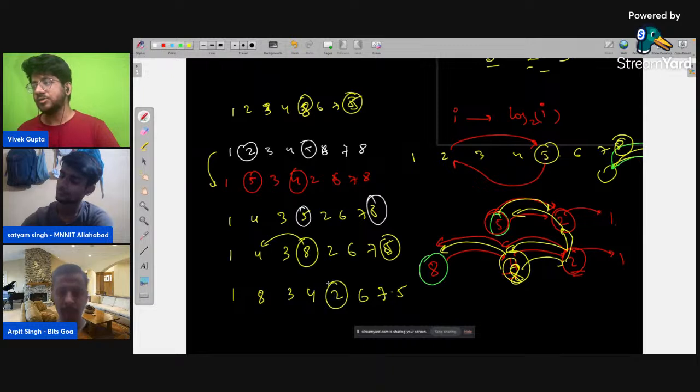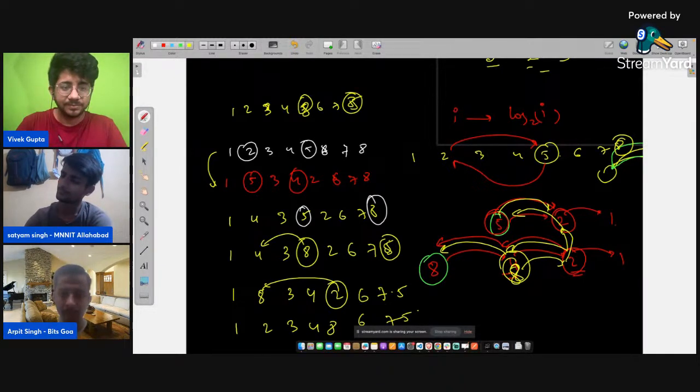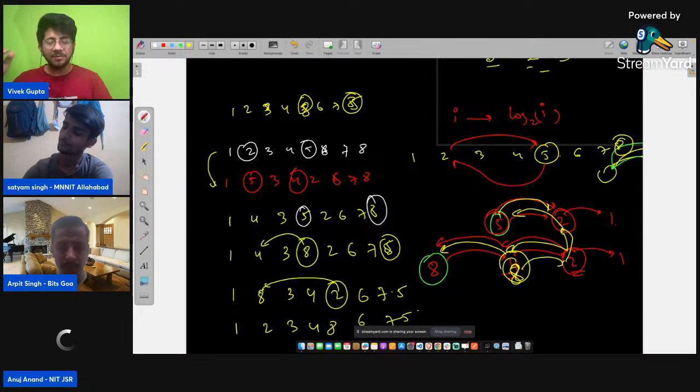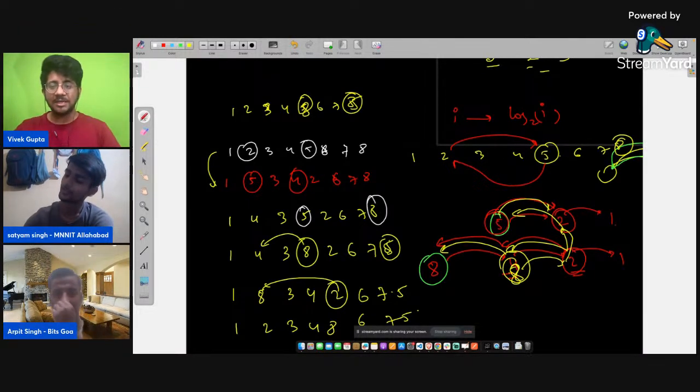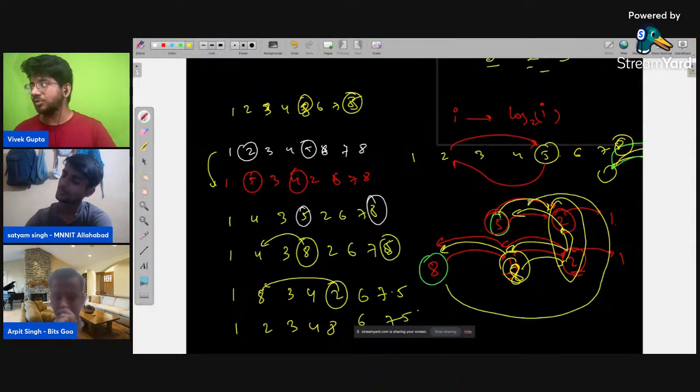Right? And then again swap back 2 and 8. Right? So do you now get a little bit of logic on how exactly this is working? Maybe in the flow, when you keep dividing by 2, whatever is the common number where you reach for the first time is the place where you get the first number to, and then bring it back to the other place, and then bring the other number back through this to this place. So we are bringing this to this place and this to this place.